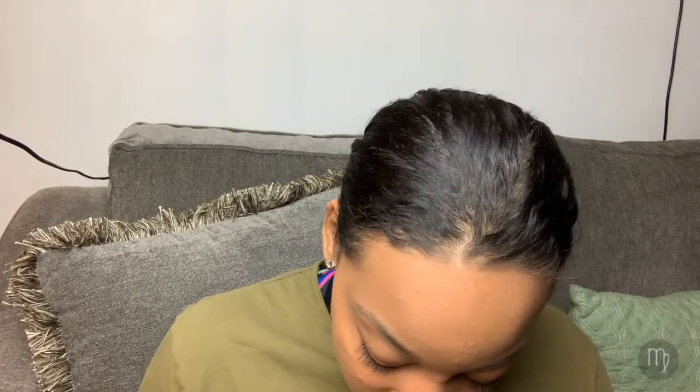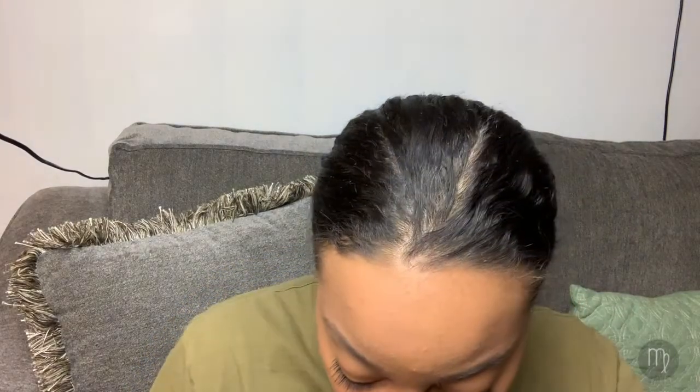These are my natural lashes. I have pretty long lashes, so sometimes if I'm feeling extra snazzy, I'll add some kind of lash, but usually I try not to. Usually I put on chapstick or a very light